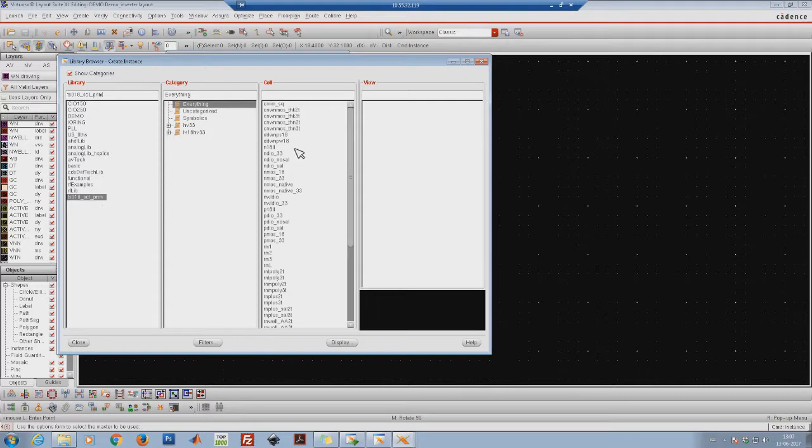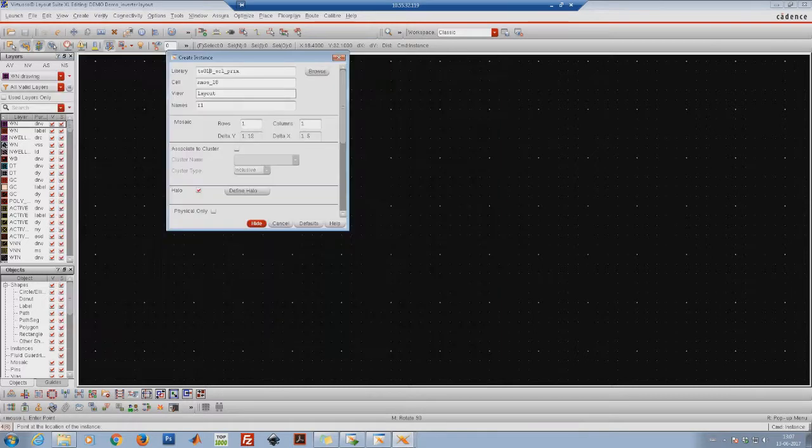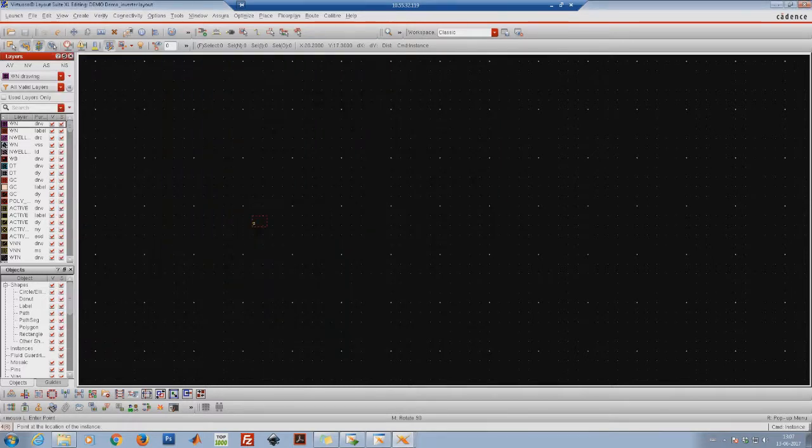So let me search my PMOS first. NMOS. So this NMOS_18. I need to create the layout version of this device. Initially, while I was drawing the schematic, I was selecting the symbol version. So close this library manager, hide it, and you see